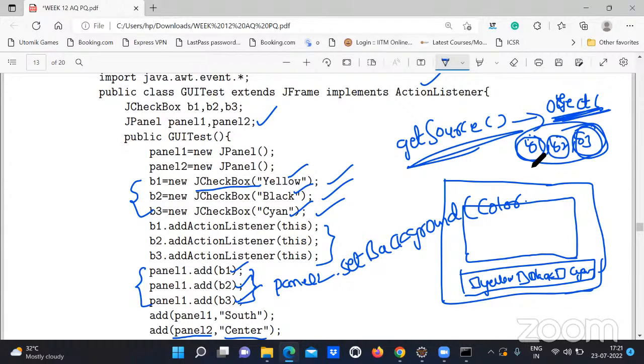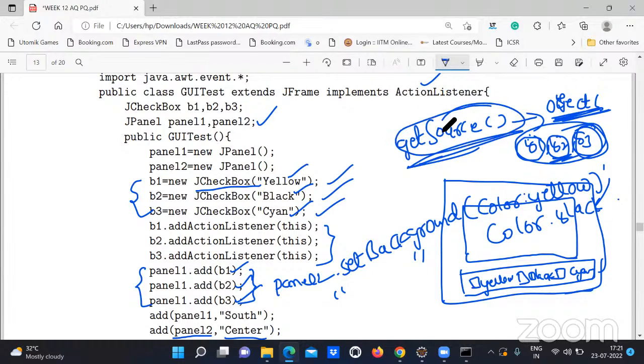If it is B1, yellow, then you should add yellow like this. So if E.getSource().equals(B2), then panel2.setBackground(Color.black). B2 means black, Color.black, like that. That's it. We should call the getSource method, and check whether it is B1 or B2